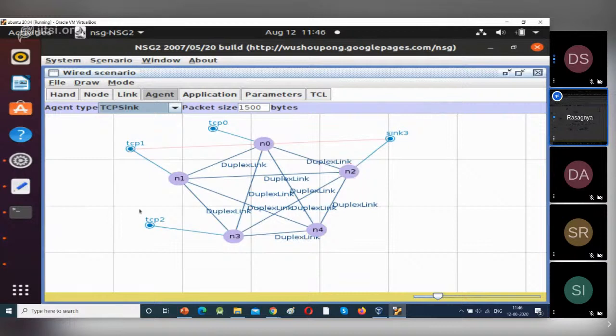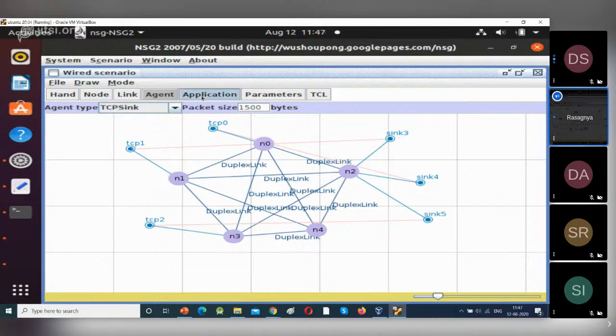We have three TCPs. So we have to connect three syncs. So we gave one sync already. So now connect another sync, that is for N2. And next connect one more sync to N2. So for each and every TCP you have to connect all the syncs. Now connect this TCP to this sync, and this TCP to this sync. So we have multiple senders, but we have only one receiver here.